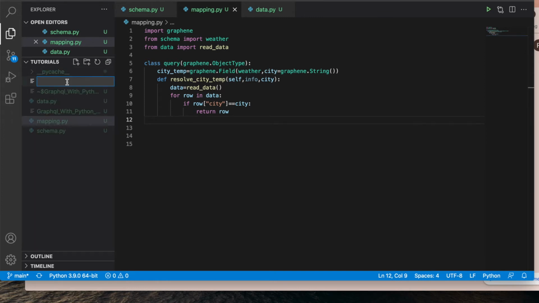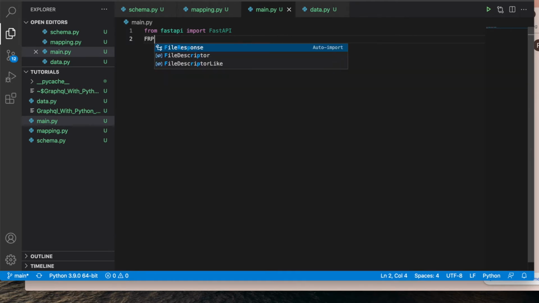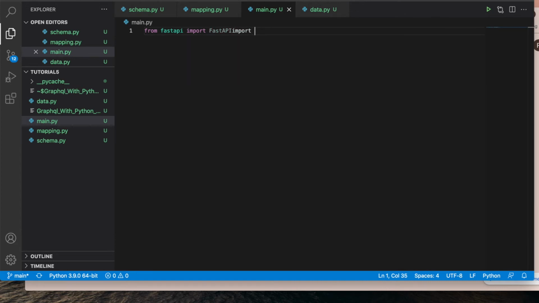Now the next thing is our main thing, so it should be main.py. Here I'll be going to import from fastapi, import FastAPI, then import graphene.